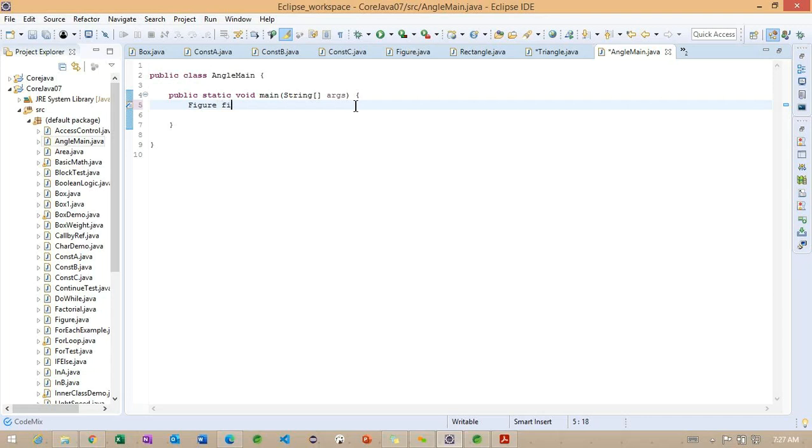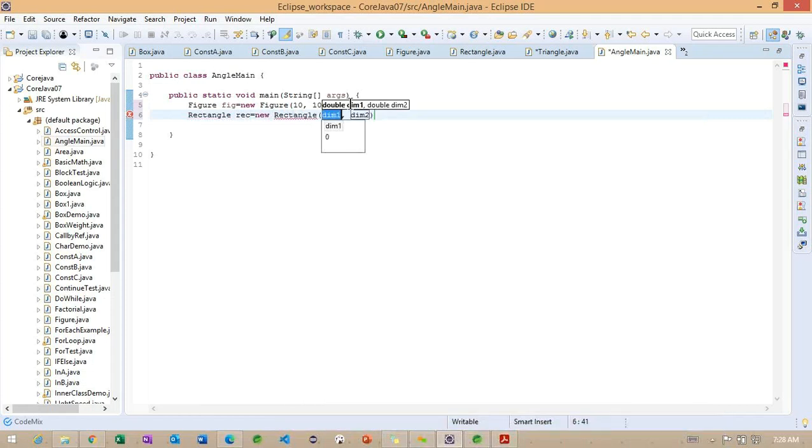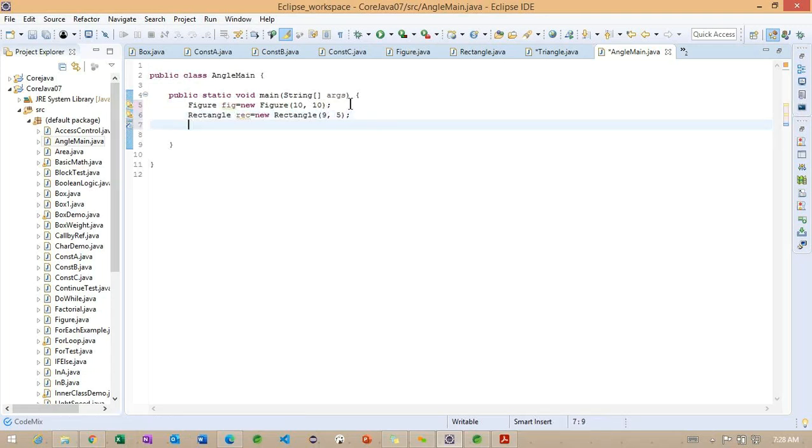And now I want to specify 10 comma 10, and one more, the rectangle I'm creating here, 9 comma 5, and the triangle I'm creating here, 10 comma 8.